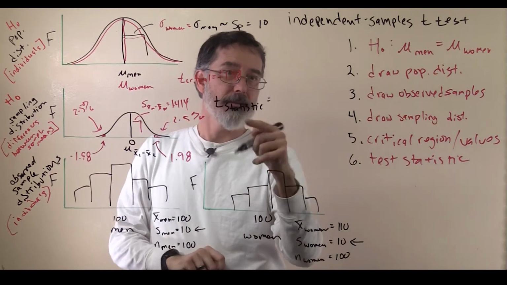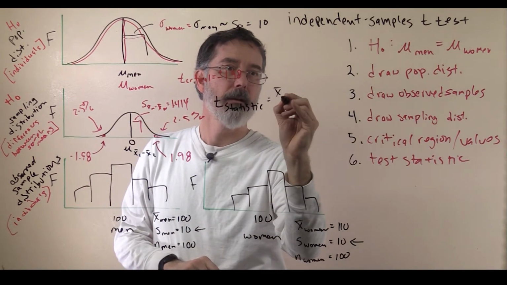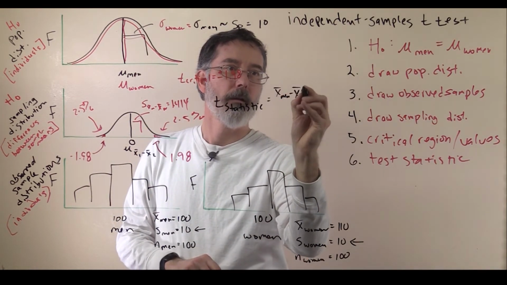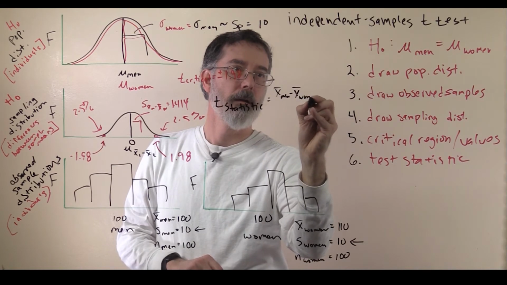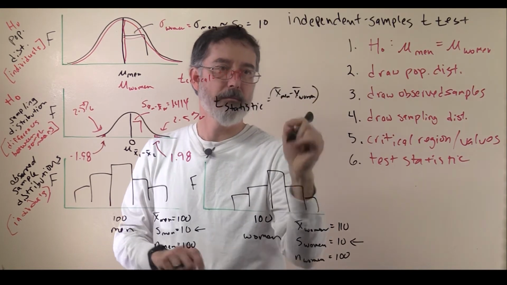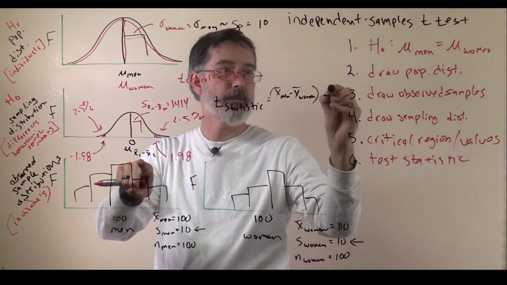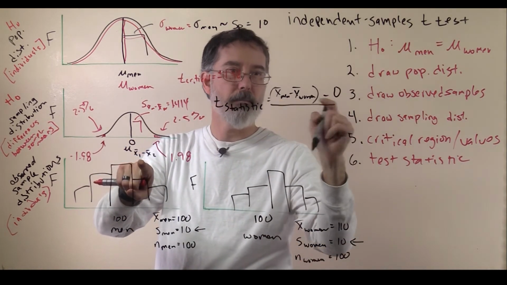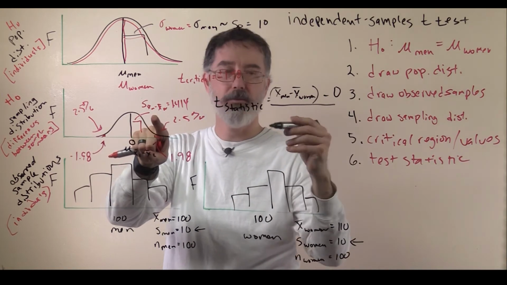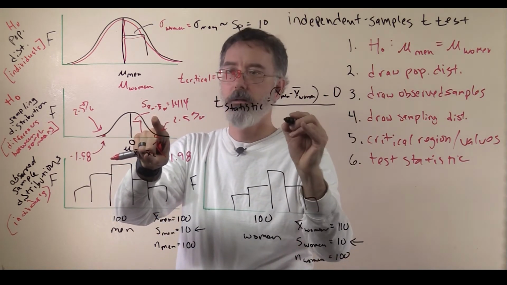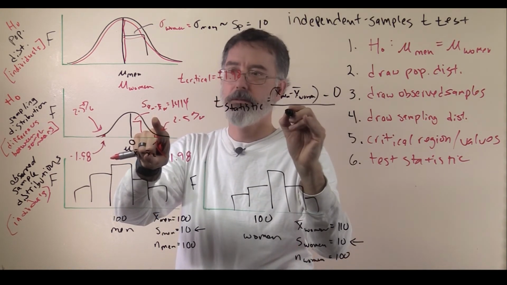And so in this case, the t-statistic is the difference between men's and women's observed means minus the mean of this distribution, which is 0, divided by the standard deviation of this distribution, which is,